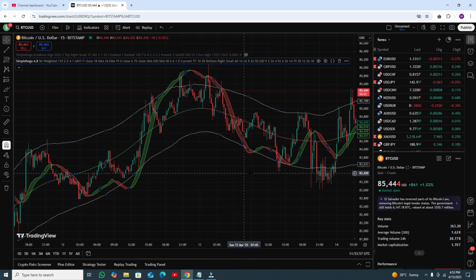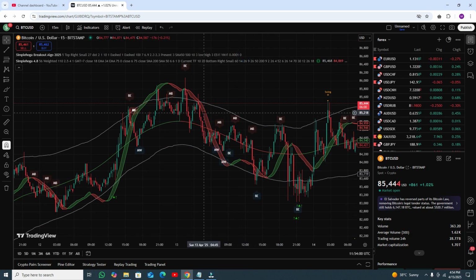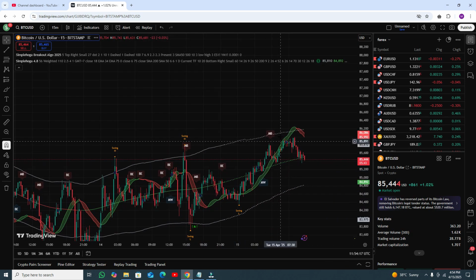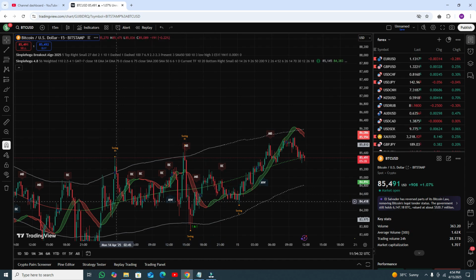labels, and that's okay. Now when you get the signal, you need to target the upper band line like here. You need to book your profit. This is our breakout buy signal, and you need to target that line, and you can see you book the profit. Here you can see buy signal, and you need to target the upper band line. So far the market is still going upside, and hopefully it will give you the profit. And here you can see this line is actually the RSI, and it can also help you a lot.